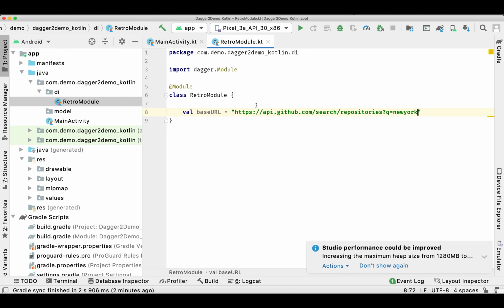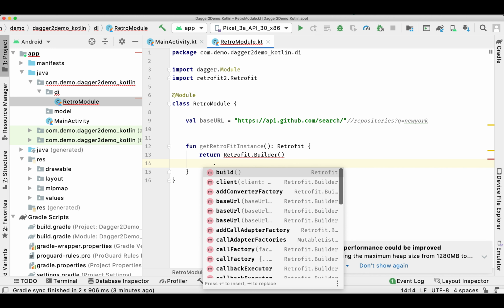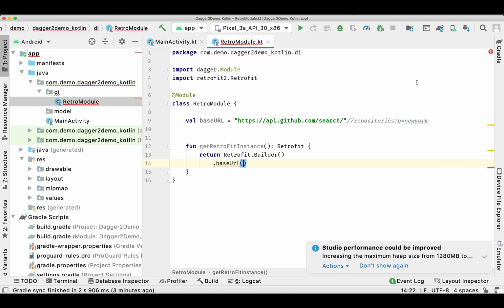So I'm first creating a function for the URL which we are going to hit for the API. And now I'm creating a function getRetrofitInstance, and this function is going to return us the Retrofit instance. Inside this we are going to use this base URL. So we'll pass this base URL here,